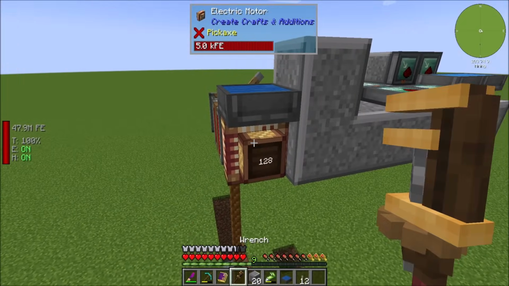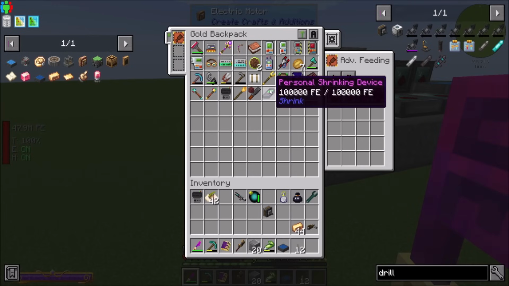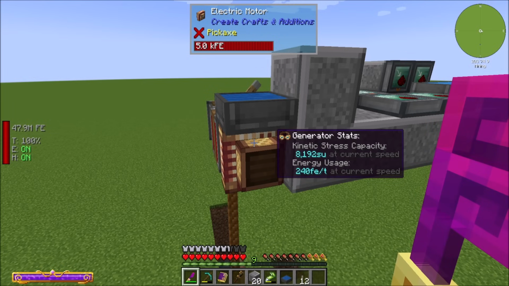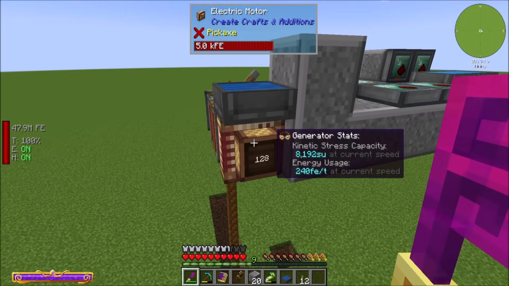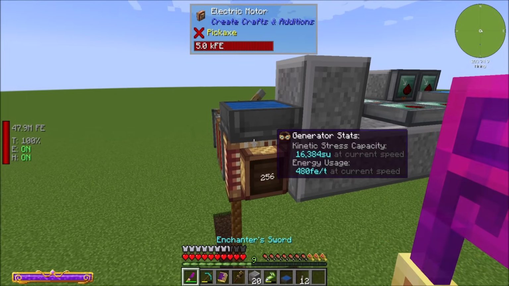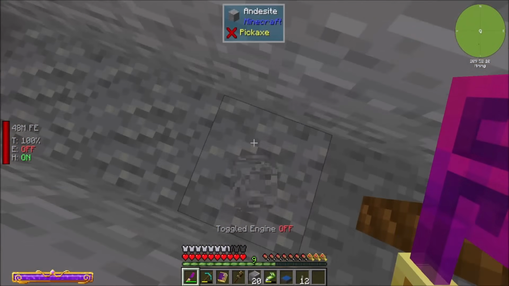Now, you're currently doing what? If I re-equipped my goggles, are you going to tell me what my RF tick and all that stuff is? Yes. Energy usage is 240 for its current speed. And you're producing 512. Right, now your energy usage is 480. Because I think the faster that motor moves, the faster...